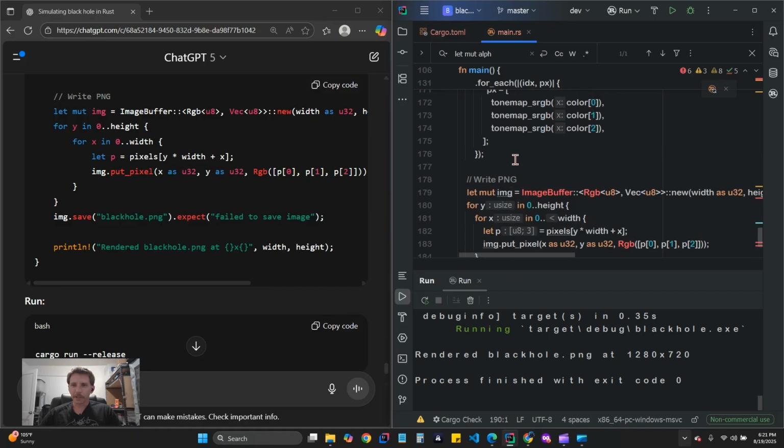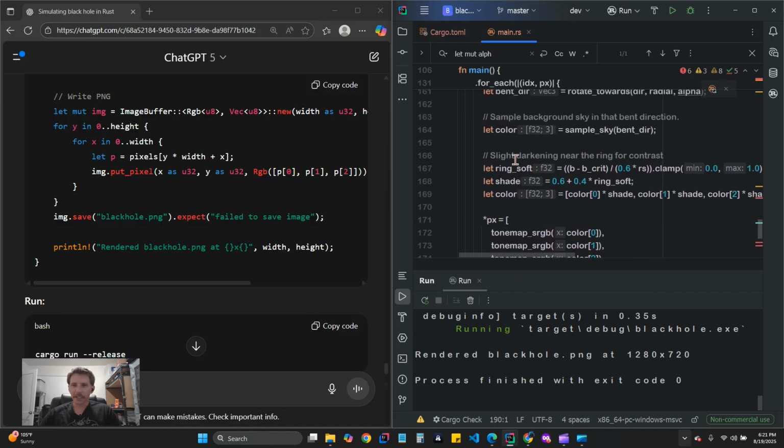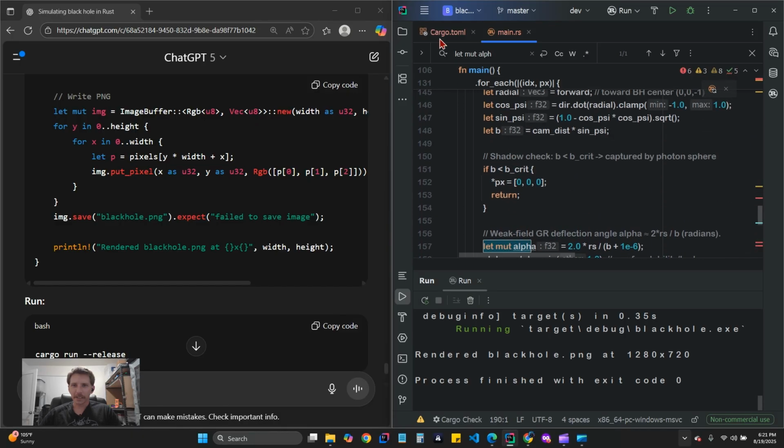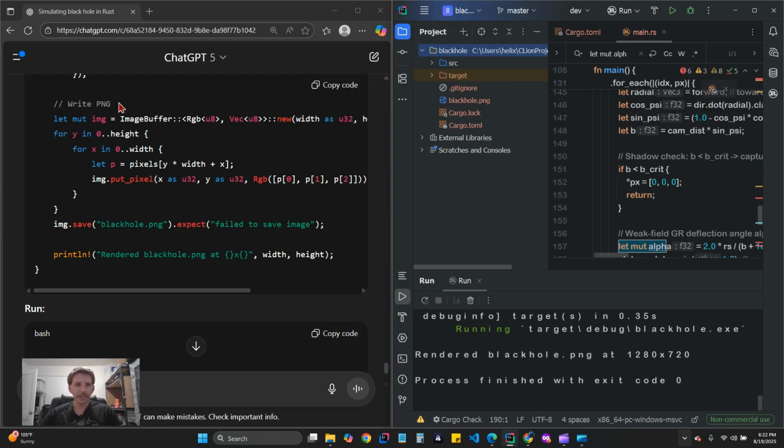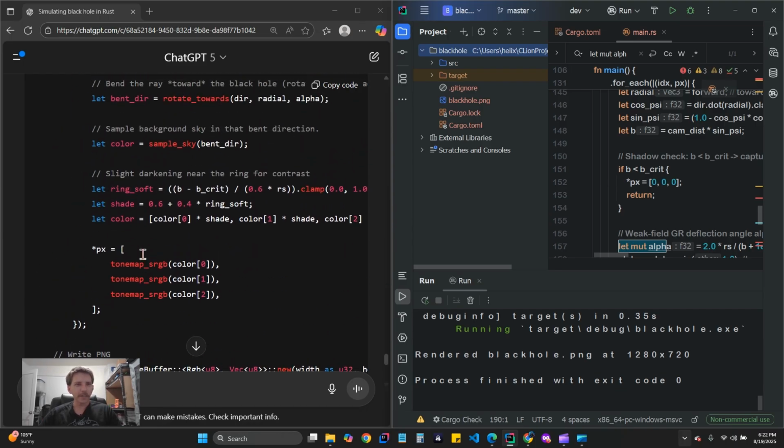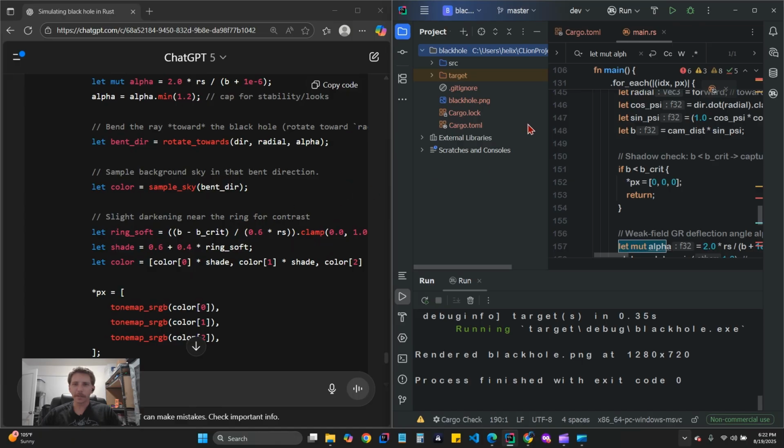Wait, did it create an image of a black hole? I think it created an image of a black hole. Okay, I didn't even look at the code. Oh yeah, I just realized it's let mut image. It's got a variable to create an image right here. Oh, well, in that case, since it created an image, right there in front of my face, write PNG. Look at that. If I just looked at the code instead of just copying and pasting, I would realize that